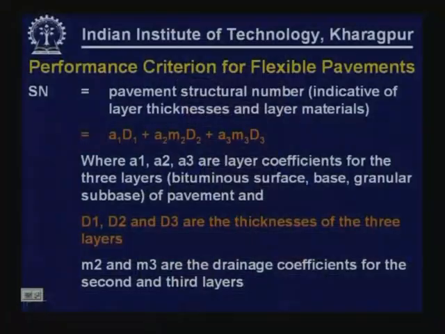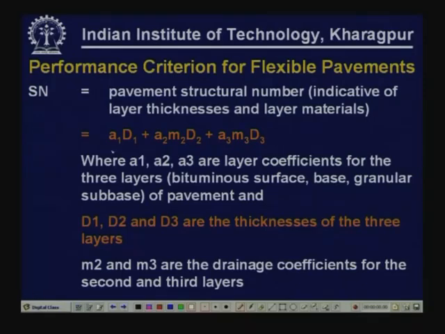So, pavement structural number is indicative of the layer thicknesses and also the materials that are used in the layers. This is given as the summation of the layer coefficient and thickness of each layer. That is, if you consider a typical 3-layer system, rather 4-layer system, so 4th layer being the subgrade. So, above subgrade, if you consider there are 3 layers, the top layer being typically bitumen surface layer, second layer